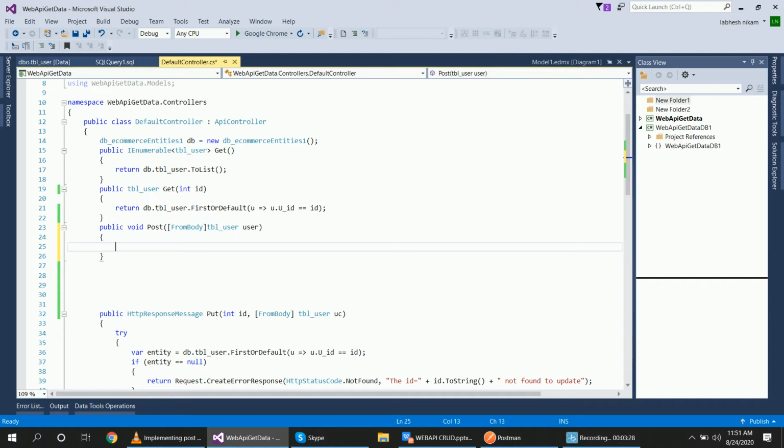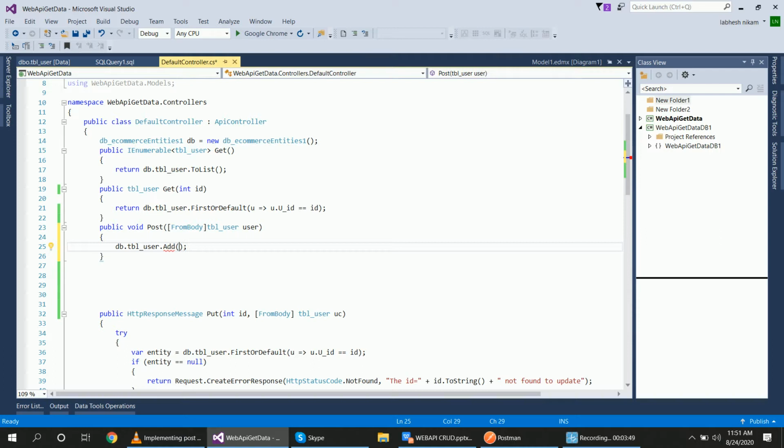Now I have created the entity db here, so db dot table name tbl user dot add, because we are adding data in the post method. What will you add?